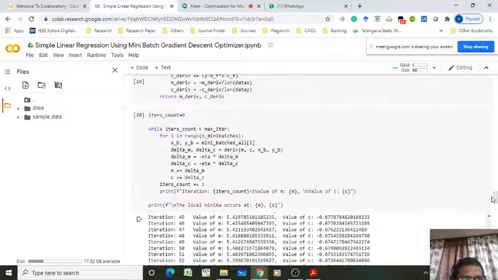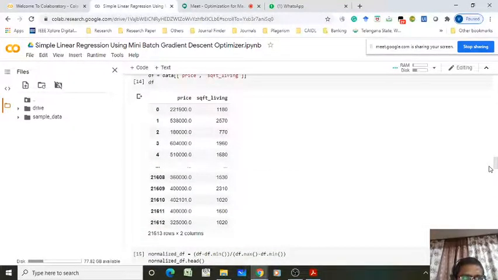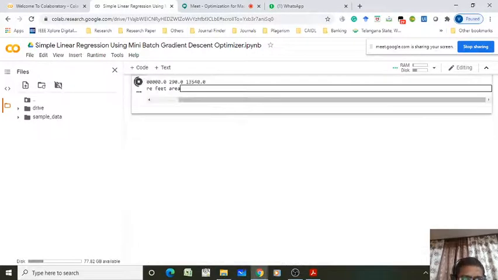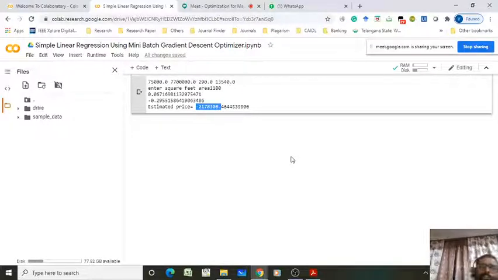What is the value? I have to take some value. I'm taking 1180. So it is a wrong value, right? You have to increase the number of iterations. I think there is no problem with the code. Just try to increase the number of iterations. I kept only 100, right?